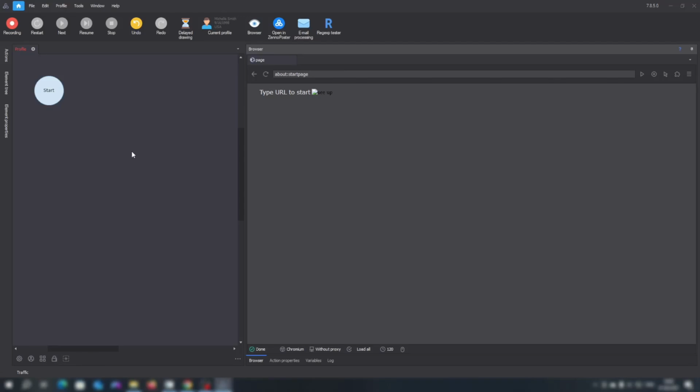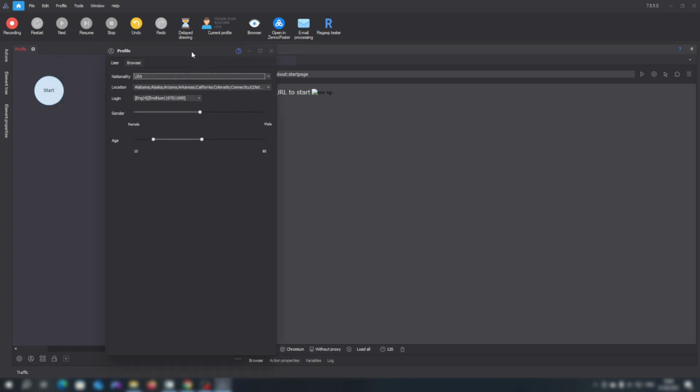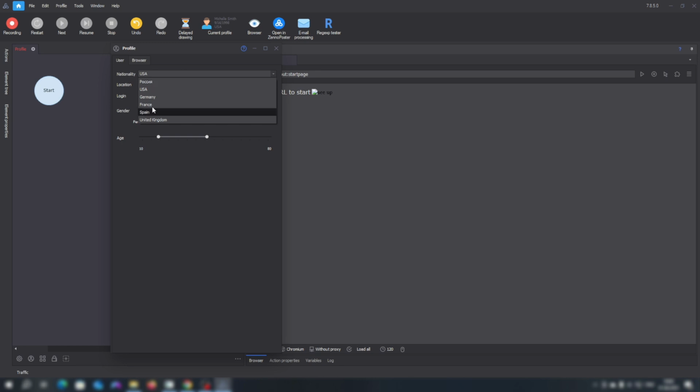Today, we are going to talk about working with profiles. We have already touched on this topic before. Today, we'll go into more detail. To start, we can click here, in the lower left corner of the screen, on a separate button. A menu like this will open up for us.